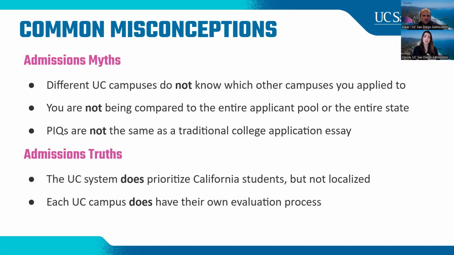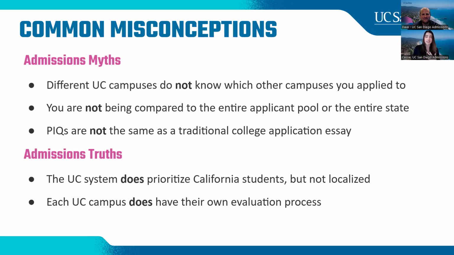So that's really helpful. If you're coming from a California high school, we have those A through G course lists online on the University of California Office of the President website for any accredited California high school. So you can see exactly how your classes are and whether we approve the honors, things like that. So we do care about our high school students coming from California, our transfer students coming from California, but not on a localized level. So we're not prioritizing students from the San Diego area. If you are from the San Diego area, that's fantastic. We don't have to convince you that our weather's nice.